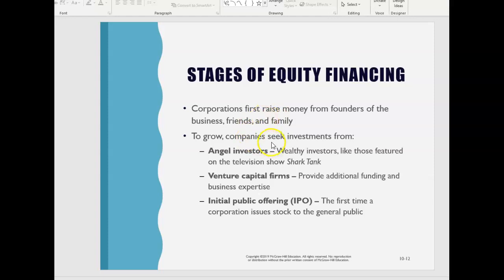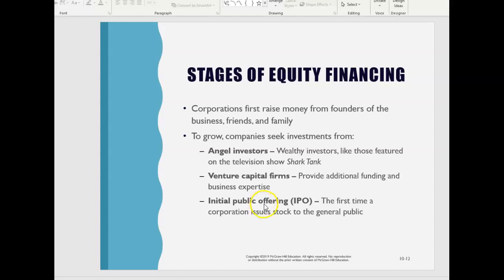So maybe you got a chance to go look at a Shark Tank video. I recommend that, or go out and look at the price of Microsoft and validate that yes, it was a very good investment back in the 80s. So we're talking about taking companies through this process in their equity financing journey to the initial public offering, and that's what we're going to spend more of our time.